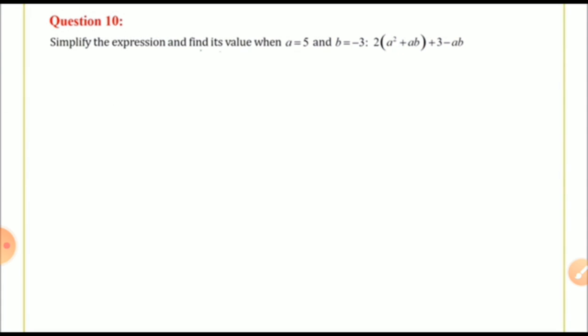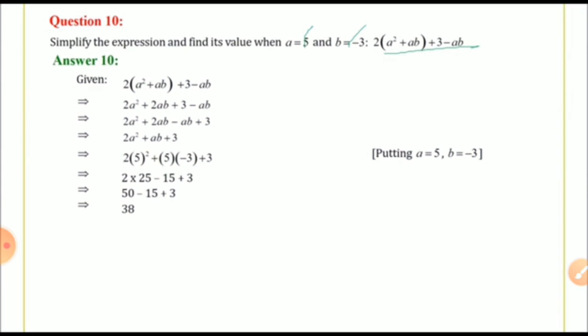Question number 10. Simplify the expressions and find its value when a is equal to 5 and b is equal to minus 3. 2 into a square plus ab, bracket over, plus 3 minus ab. My dear student, just opening the bracket: 2a square plus 2ab plus 3 minus ab. Yes, my dear student. Now look at the last exercise,